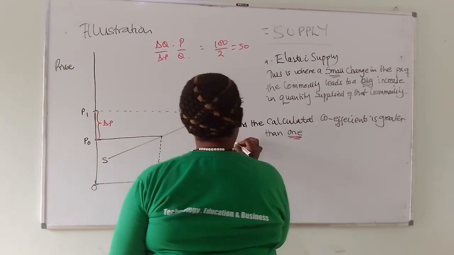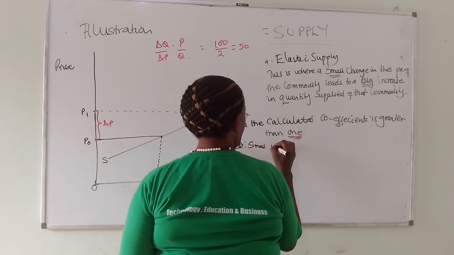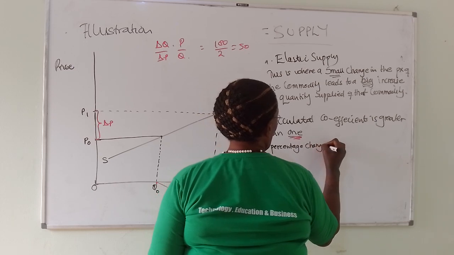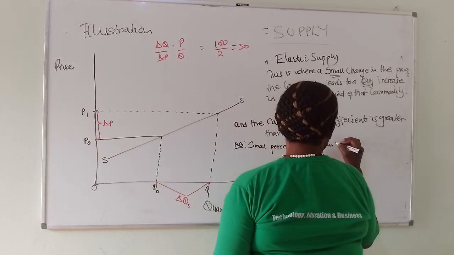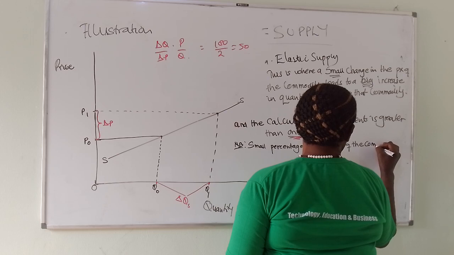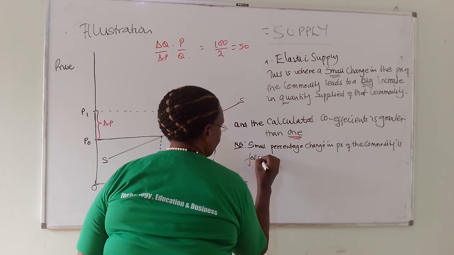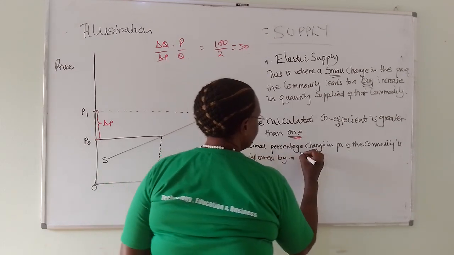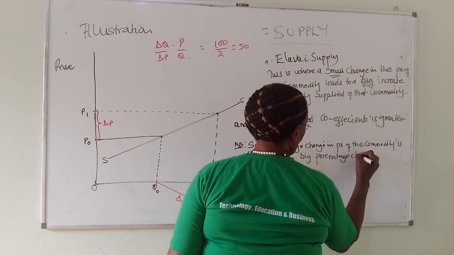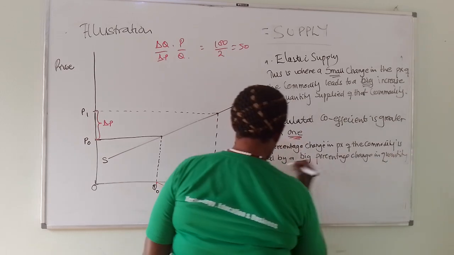Small, what do we note? That a small percentage change in the price of the commodity is followed by a big percentage change in quantity supply